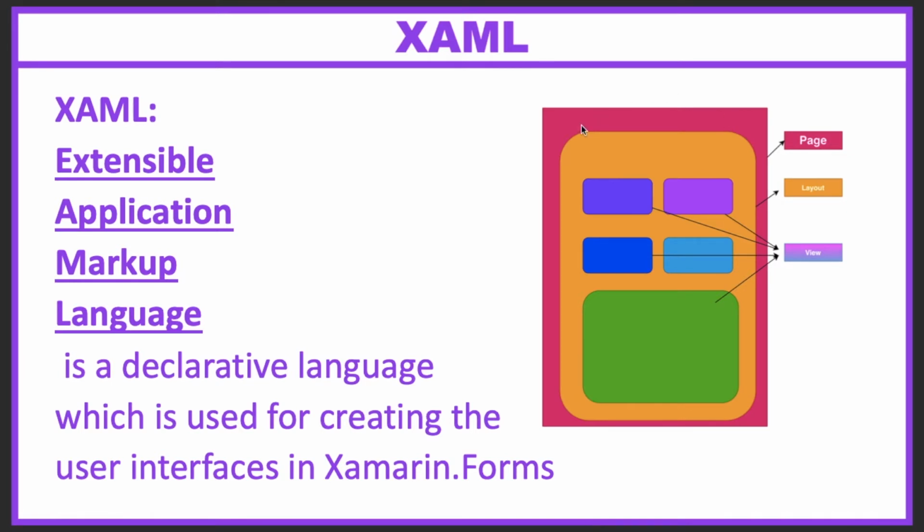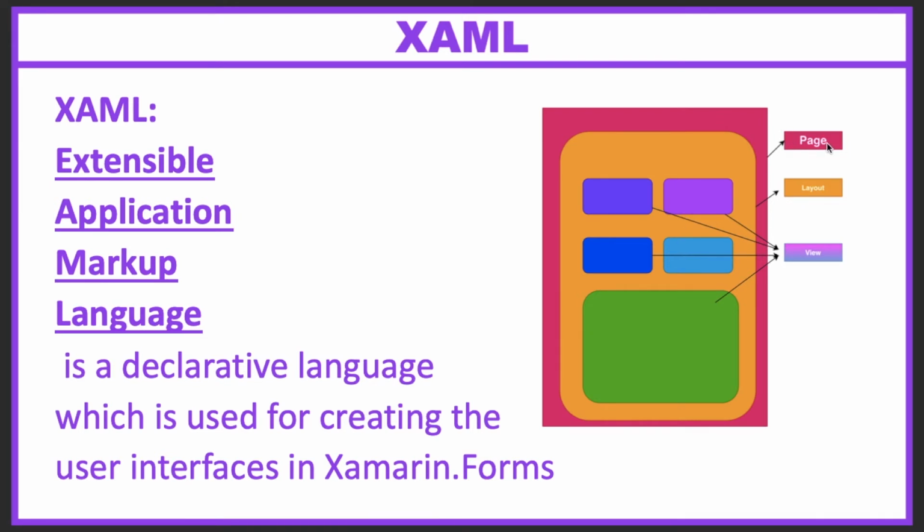This diagram gives the overview of XAML. First, you need to create the page. Inside the page tag, you need to create the layout, and inside the layout, you need to place all the view controls. So what is a layout? It will give you the blueprint of how the user interface components are going to be placed in the display. And a view is any user interface element, for example a button or label. Those things are called views.